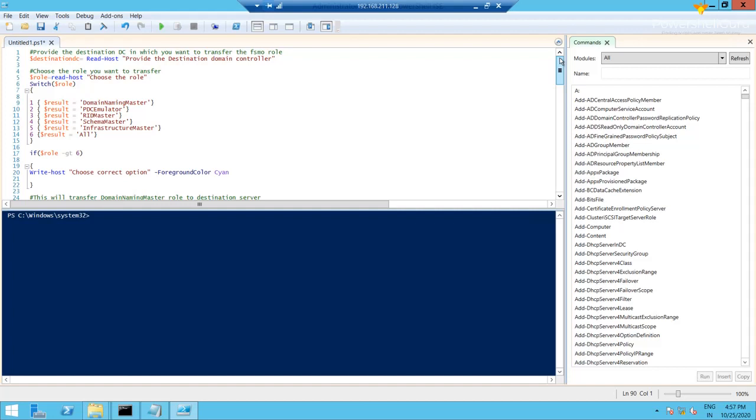The second tip is that the user running the script must have schema admin and enterprise admin rights. Let me check which account I'm in. Who am I? It is D Bharali.